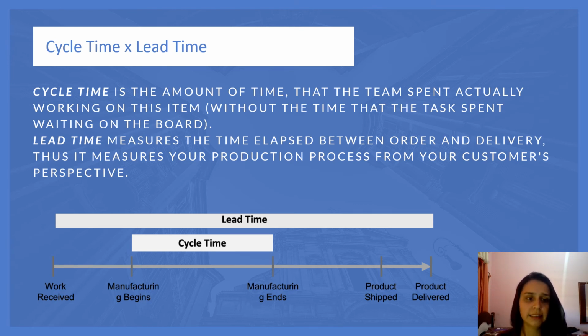And the lead time measures the time elapsed between order and delivery. It measures our production process from your customer's perspective. Okay, lead time is a bigger time, including cycle time. So lead time begins when work is received or the customer requires it, until the product is delivered. Okay,